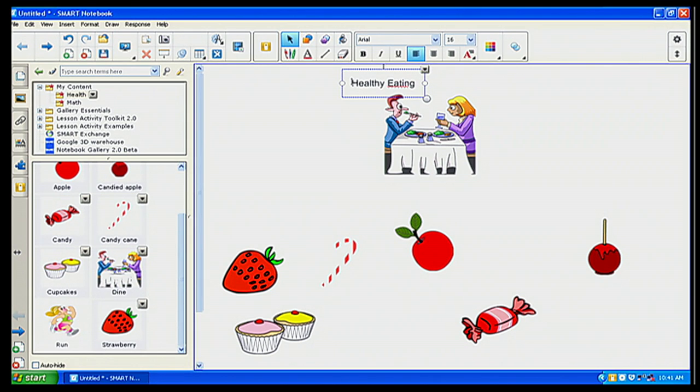And there we go. I kind of blow that up a little bit. There I go, make it a little bit wider. And again, that's a new feature within Smart Notebook 11. Notice when I do the editing here, if I want to go ahead and enlarge my text box on the